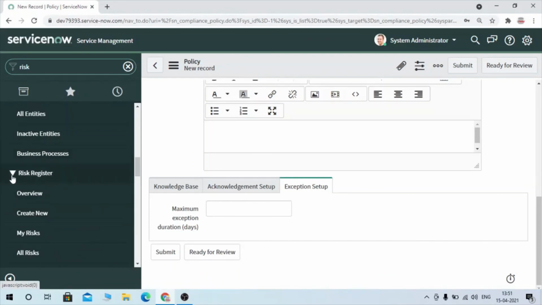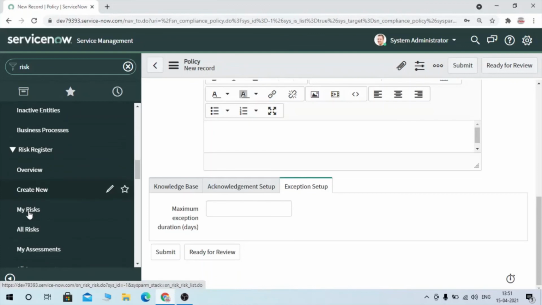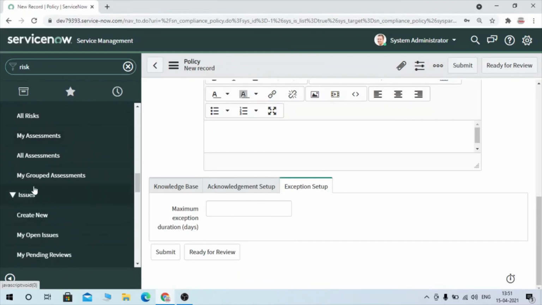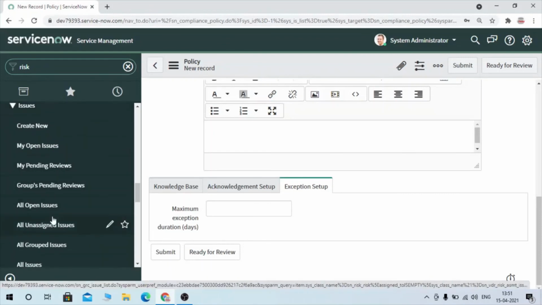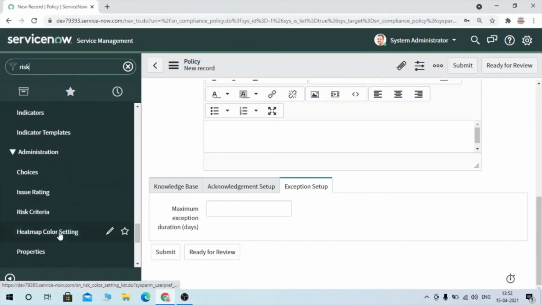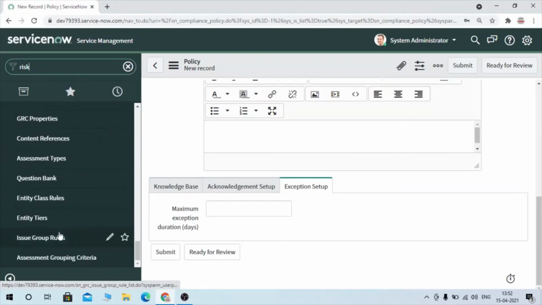And we have to learn about the risk register: how we create a new risk, what an assessment is, how we create it, and what an issue in risk is. We also have my open remediation and indicators. These are very important parts. I'm going to make a separate video on risk because this video has taken a long time.